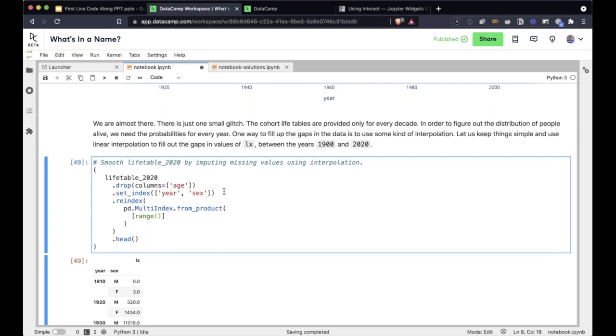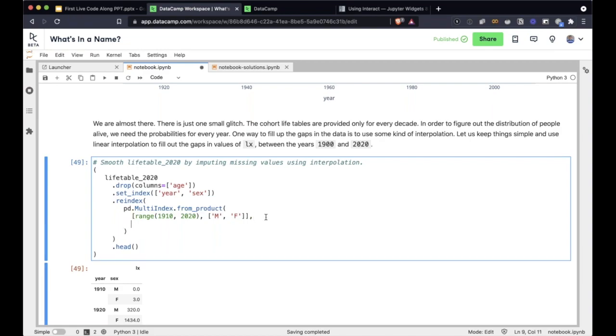In this case, the first one is I want all dates from 1910 to 2020, so this will give you all the years, and I want male and female. What multi-index from product is saying is that I want all these combinations, right? The product here is the Cartesian product. I also want to give them names, because it doesn't make sense without names. It's going to be year and sex.